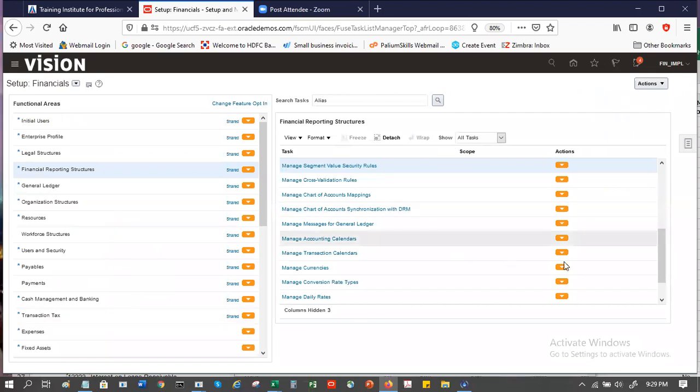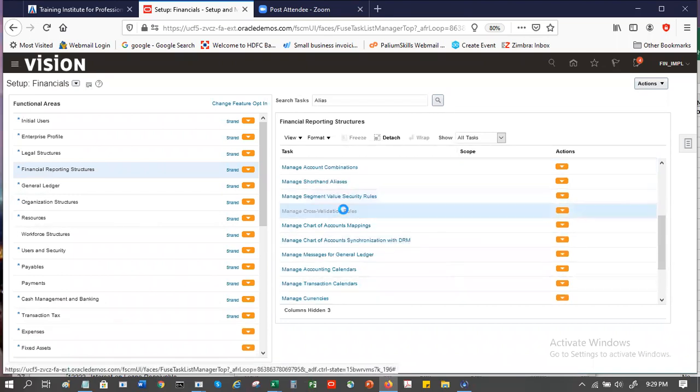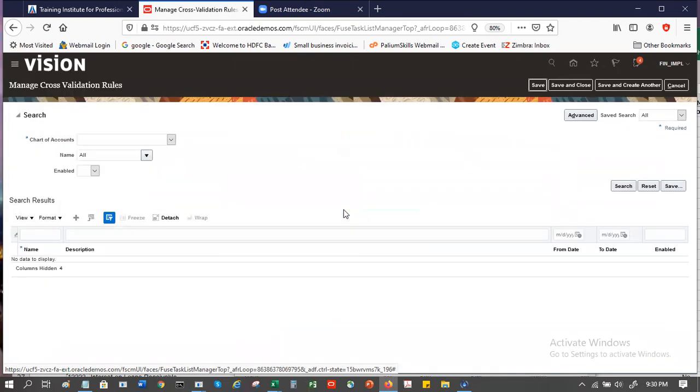Next, we'll look at the cross validation. Saurabh, can I ask a little techie kind of question here? I don't know whether I'll be able to answer, but let me try. In EBS we have a functionality of examine, where we can see who last updated or modified this record. Can you see that here also? I can't see the table name. Yeah, that's what I'm asking. I'll show you.